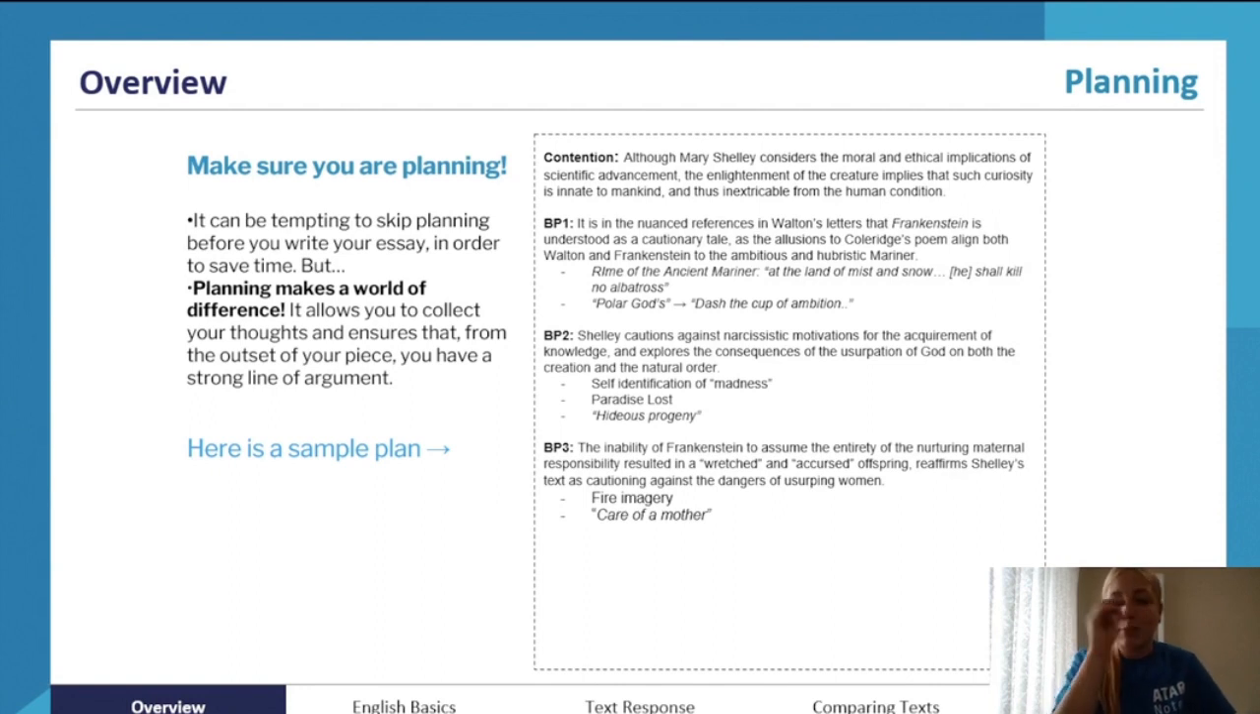But try not to waste too much time writing out evidence. It's good to just have quote fragments or references for yourself, such as this self identification of madness. We don't have a quote for that, but assuming that you made this plan, you would know exactly what you meant by that and you'd be able to write. So this, you should be practicing making plans, and you should get to a stage where it takes you less